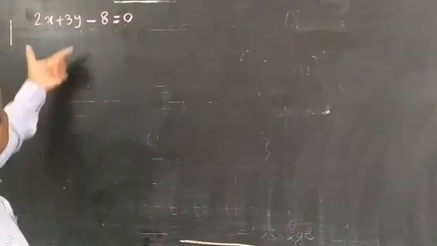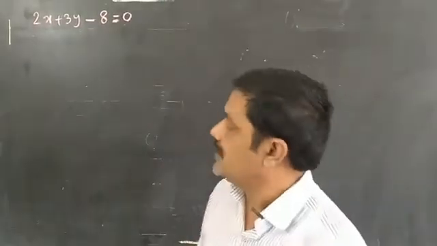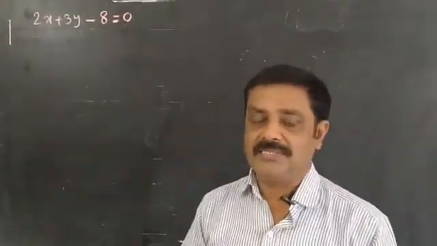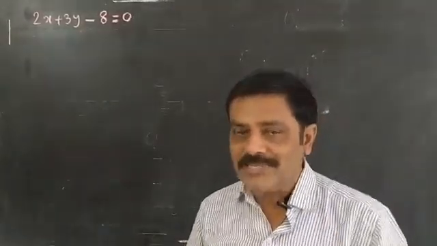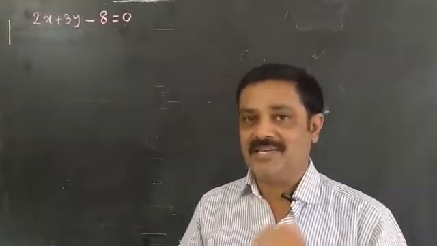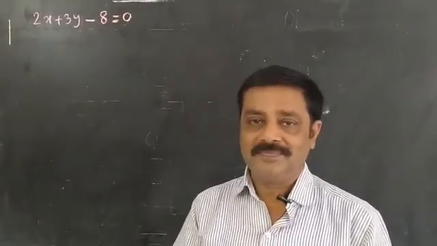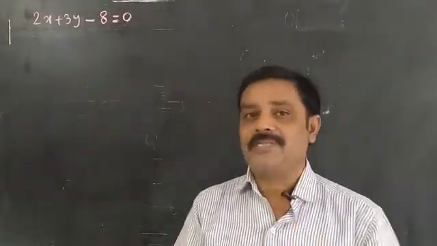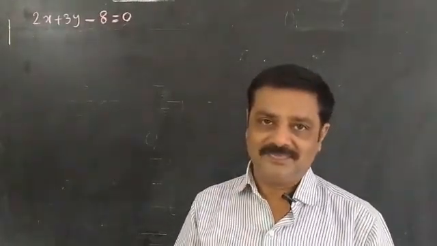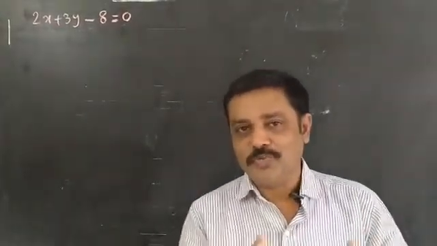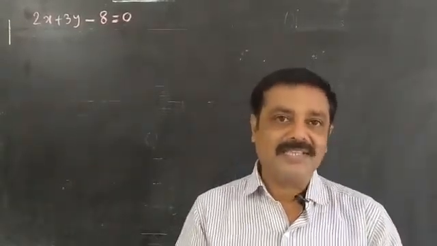Children, here he has given this equation 2x plus 3y minus 8 is equal to 0, which is a linear equation in two variables. So what is he asking now? He is asking to make another linear equation in two variables x and y, such that the graphical representation so formed is intersecting lines. When the pair of linear equations in two variables has a graphical representation of intersecting lines, it means